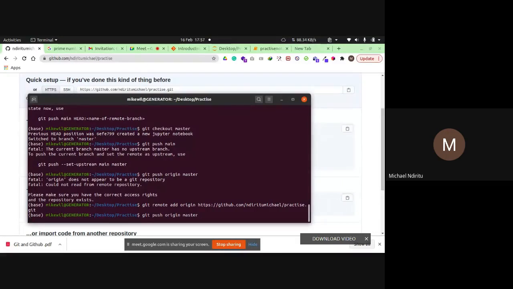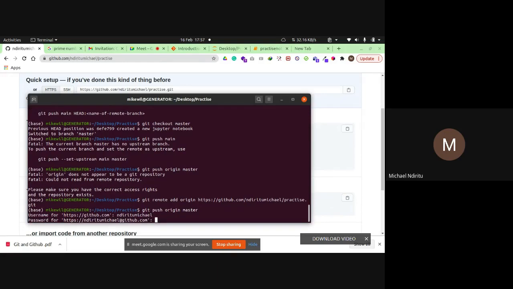Now it's going to transfer the files from the local. Okay, it's going to ask me for my password and username. Be sure to remember yours. First, you are going to add the remote repository here. Then you're going to try and push changes into the remote repository.